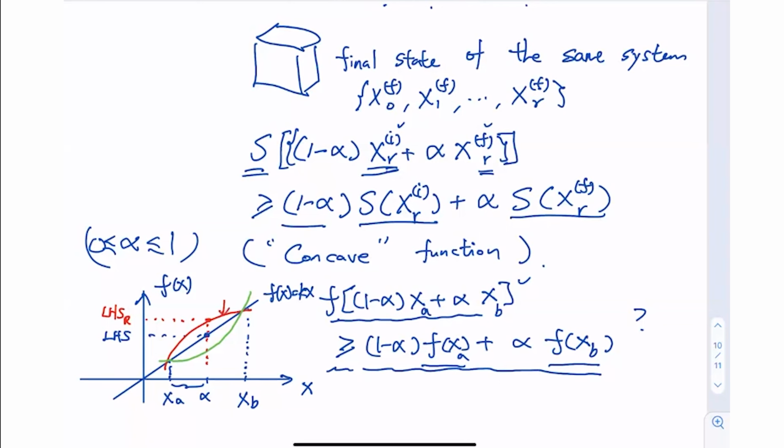Entropy should be considered as this kind of concave function. That means entropy looks more like this kind of bending downward type of function as a function of your extensive variable. Okay,